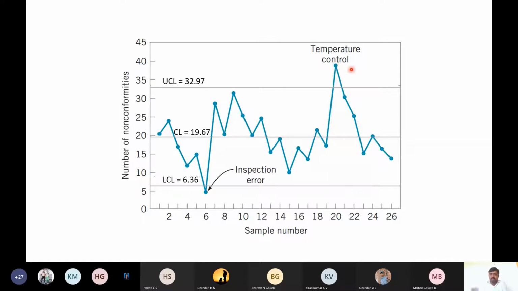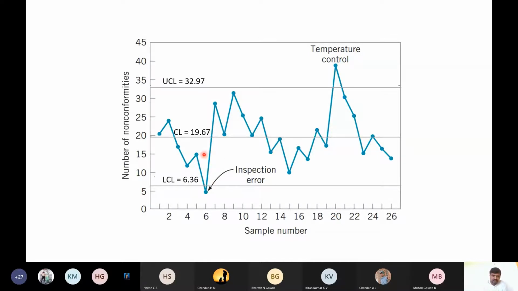That means what happened earlier. Okay, so that it will give an idea. For that reason, in the control chart you are representing 6 and 20, whereas in the calculation of control limits, you are not considering the 6 and 20. Okay, we did the same thing for previous control charts also, same concept.